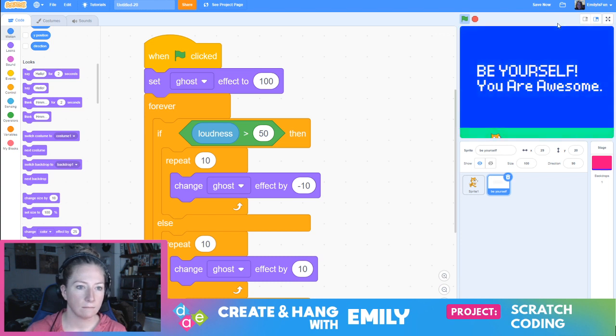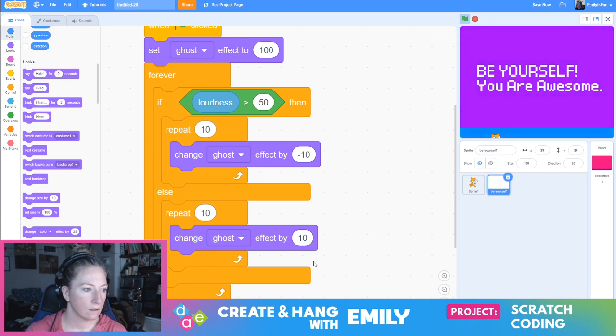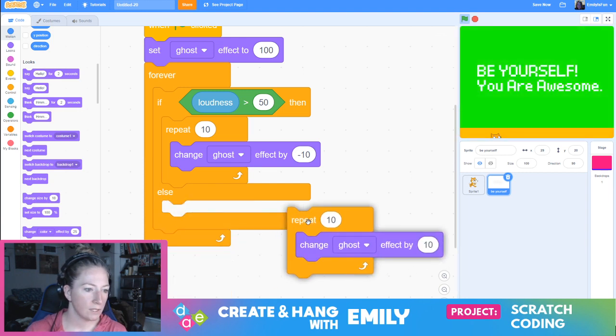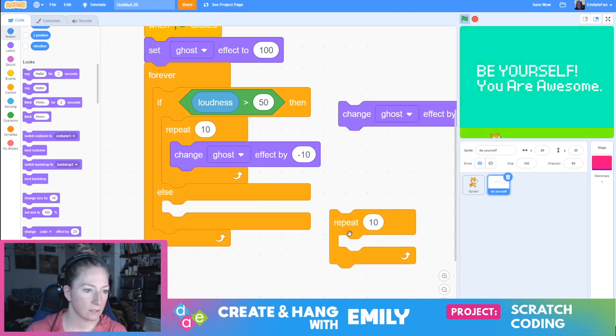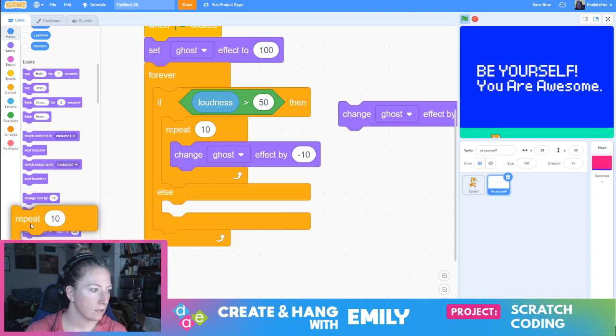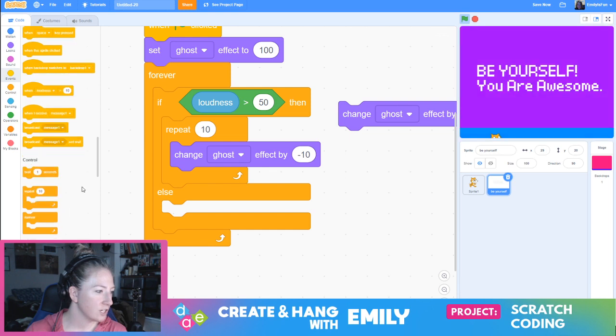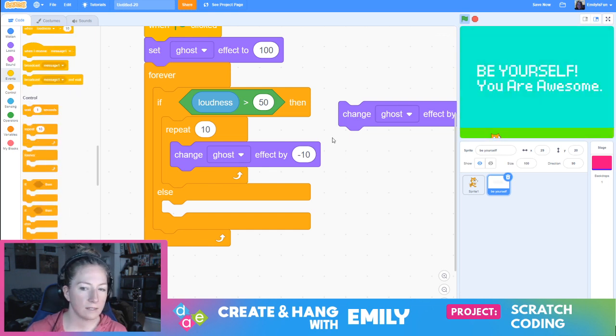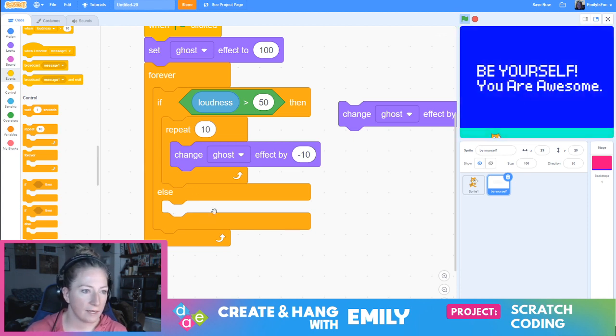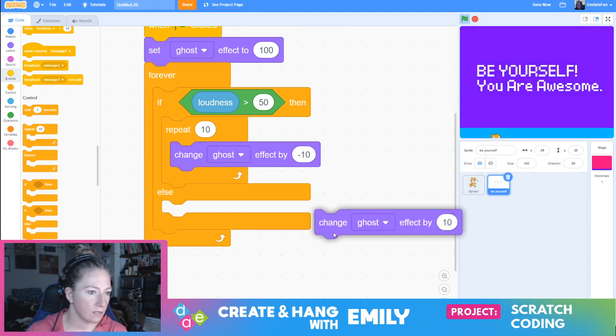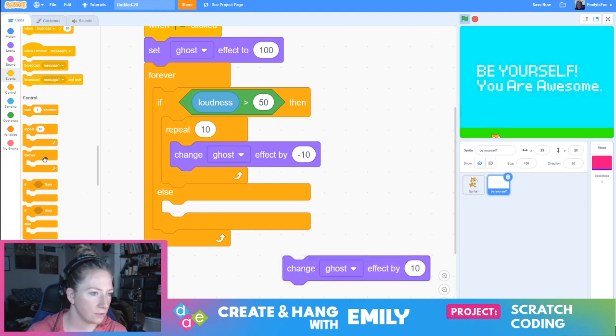We're going to have to repeat until the ghost effect is... See, this is what we call iteration, because it didn't do it, and I realized why. It was so high to begin with that just changing it by 10 didn't do anything. So let's repeat until